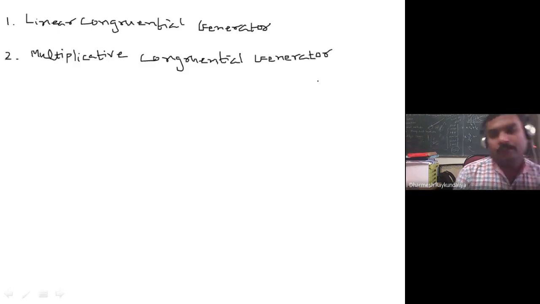Congruential, in mathematics, means we are using the modulo operator. Modulo operator means we are taking the division of two integers, and whatever the remainders are, we call them congruential.